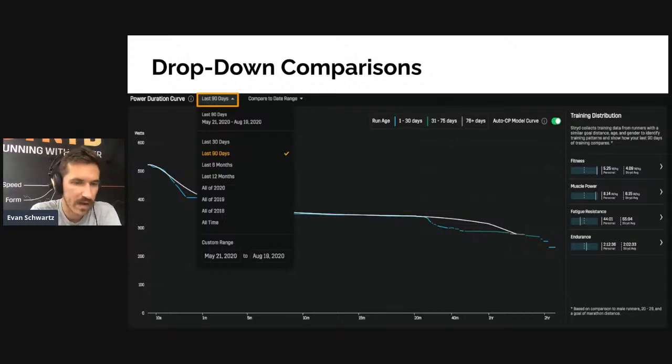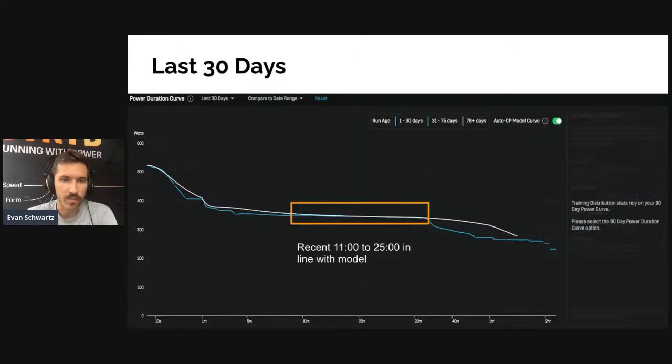I can look at an all-time power duration curve for my all-time bests. And I can also set a custom range. This drop-down is good to get familiar with as we talk more about the power duration curve and comparing things over time. So let's look at a couple examples of my power duration curve. I'm going to show a couple screenshots here with some orange boxes calling out certain areas, but then I'm going to hop into